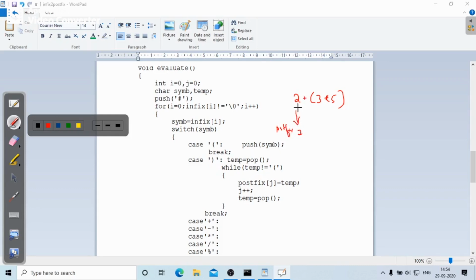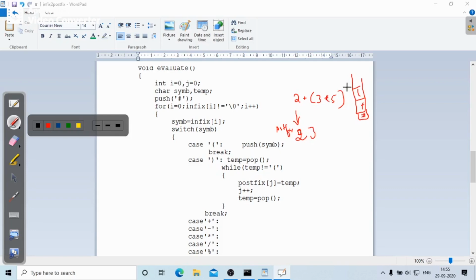When I get plus, I have to put it into the stack. So I will create a stack, and as I told initially, hash is the bottom of the stack, which just represents the empty stack. Plus is pushed onto the stack. Next I will get open parenthesis. Whenever I get open parenthesis, I will put it onto the stack, and whenever I get an operand, I will write it in the postfix expression.